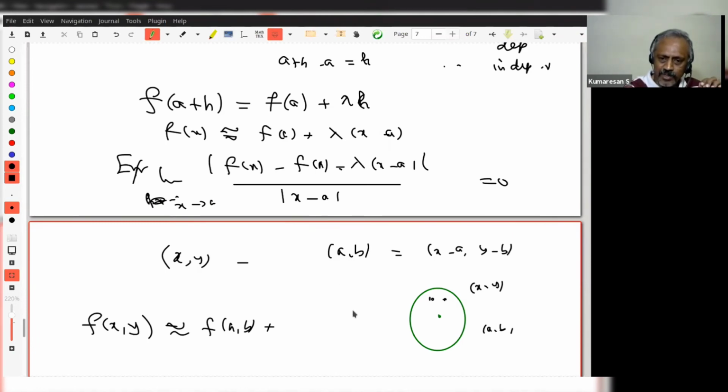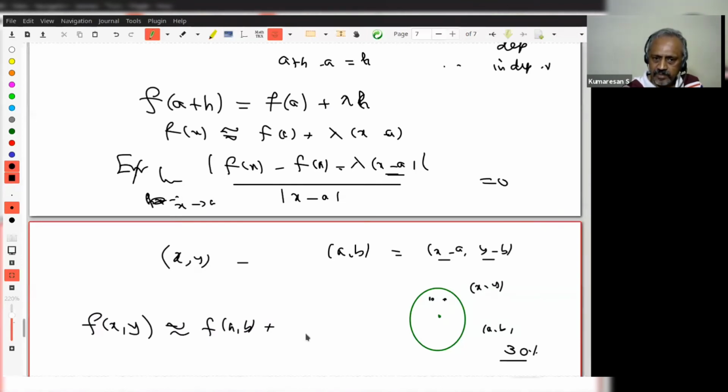Do not worry; if you understood at least 30% of what I said orally, we are on the right path. Let me repeat. What I would like to say is f is differentiable at (a, b) if I can approximate the function f by a first degree polynomial of the form f(a, b) plus a first degree polynomial in x minus a and y minus b. These are the increments in the independent variable.